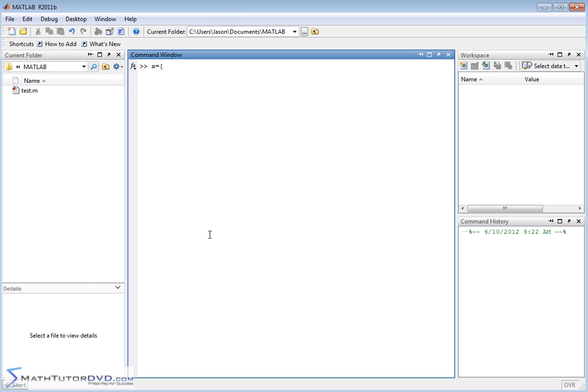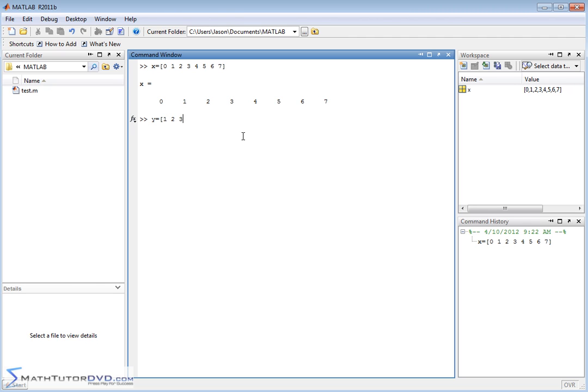So let's say that data is 0, 1, 2, 3, 4, 5, 6, 7. Okay? And that is my x data. So it's going up from 0 to 7. So I'm going to go ahead and hit enter, and that's creating basically a vector, a single line matrix of 0 to 7. Now I'm going to define a y vector that's going to be something like